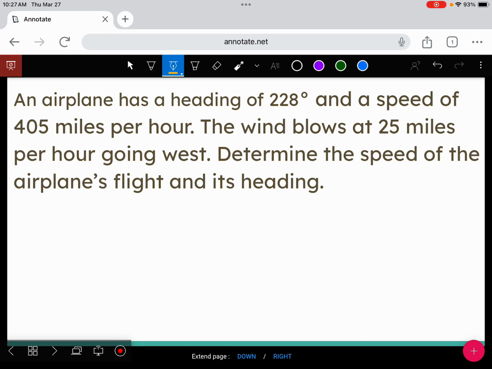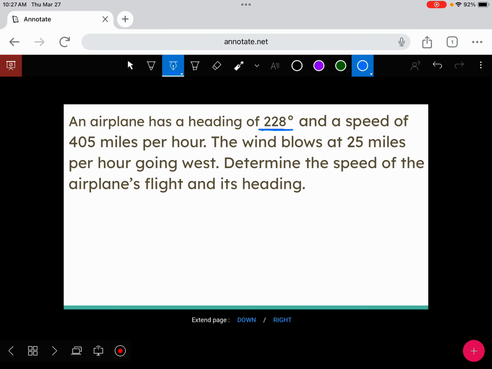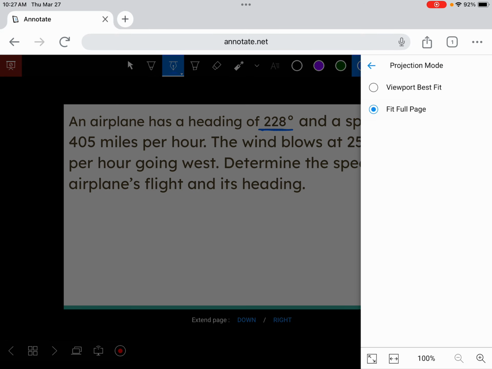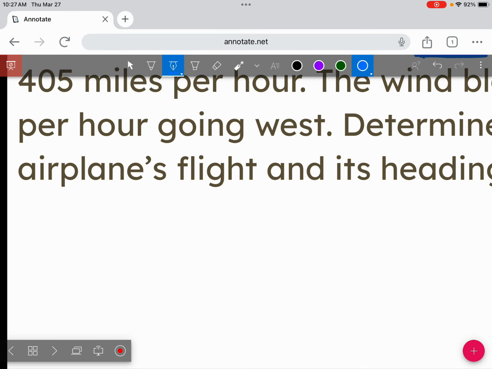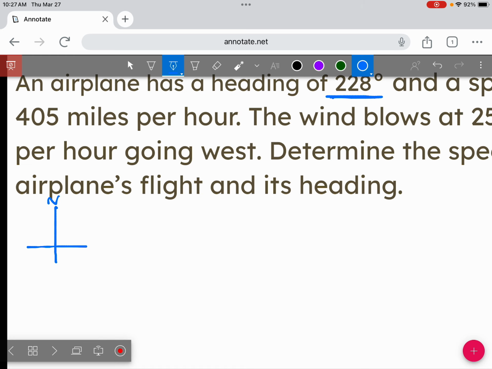Headings we talked about very briefly the other day. Headings don't tell us north versus south versus east versus west. Headings are always based off of north, and they go clockwise. So if we go 228 degrees clockwise,